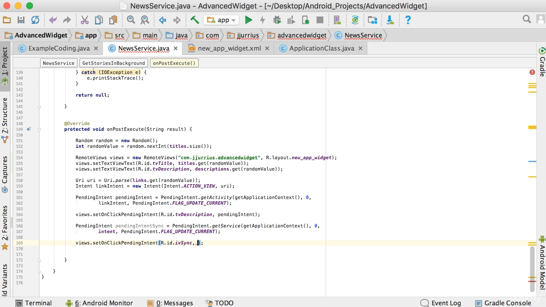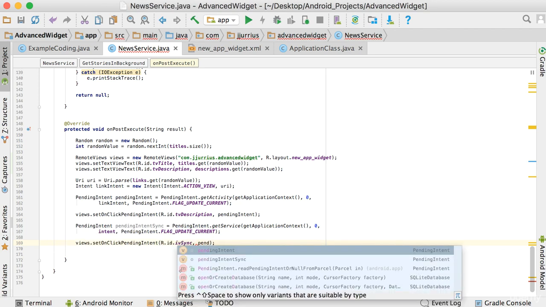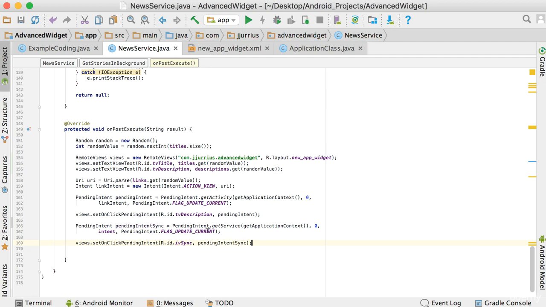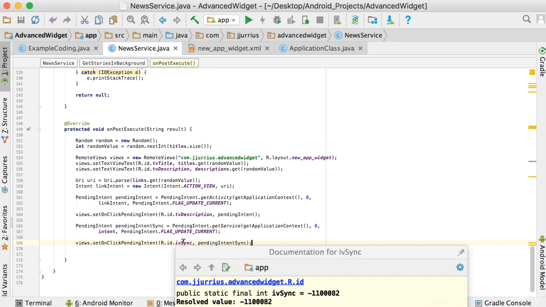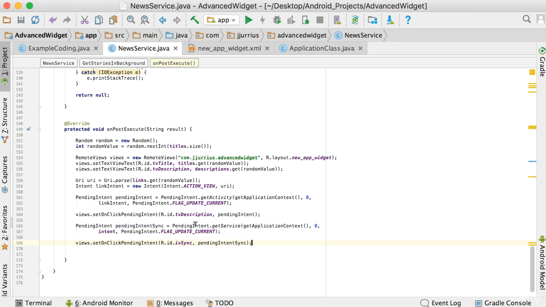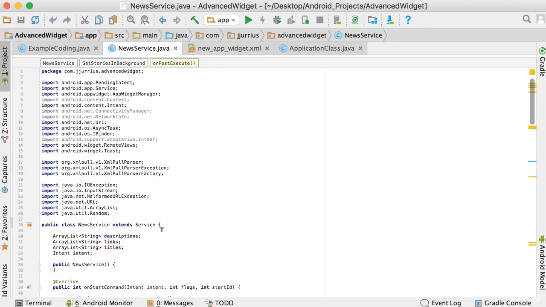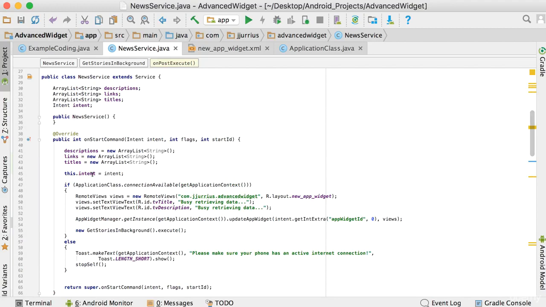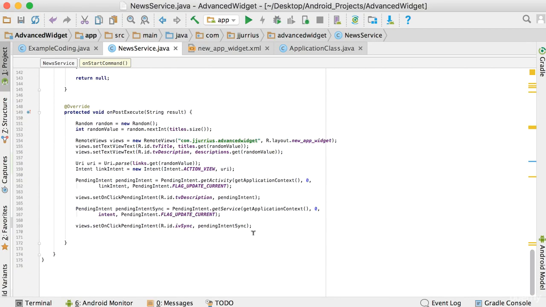And which pending intent should it activate? The second one that we created now, which is called pendingIntentSync. So when somebody clicks on that sync button, it's going to run this pending intent, which will run the intent that actually started the service right at the beginning, this intent. Okay. So now after setting all of those on-click pending intents and setting the text views and so forth, we need to update the widget